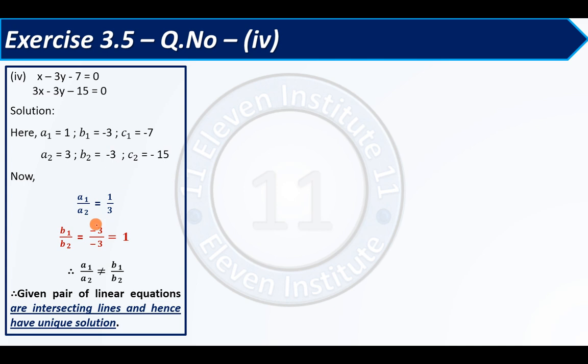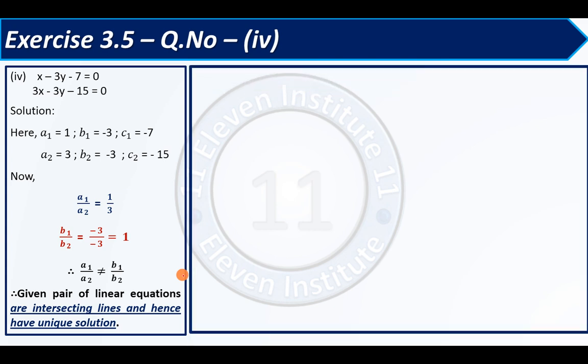So I am not wasting time in explaining this. You very well know this. In case you want to study this, please pause the video and just look at the steps. You will get to know that a1 upon a2 is not equal to b1 upon b2, and hence we can have a unique solution. So now we will obtain the answer for this by cross multiplication method. And very sorry friends, I am not able to repeat all the animations again and again because they take much time. So first step we have to write is x, y and 1 like this.